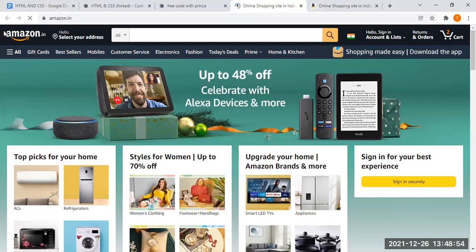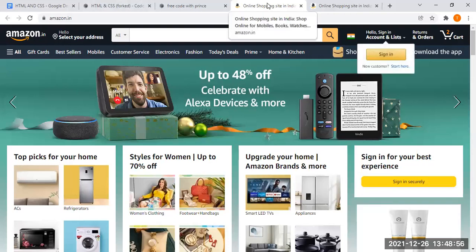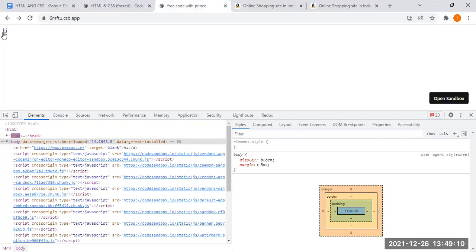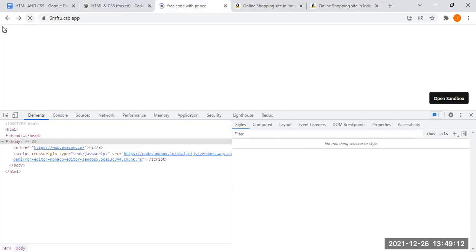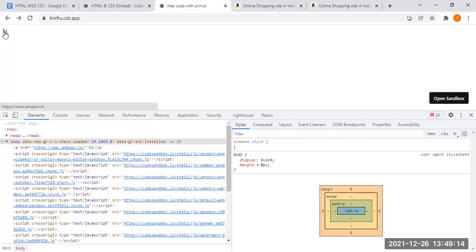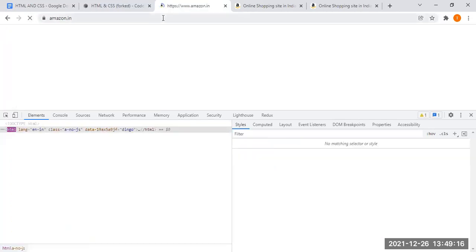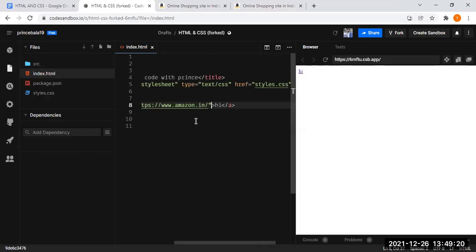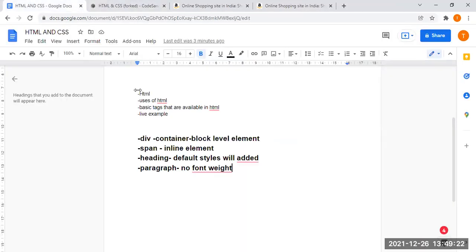When you give target equals blank, it opens in a new page. If you don't give target equals blank, it will open in the same page. That's the difference, and that's why I added this target to this tag. So this is the usage of the anchor tag.